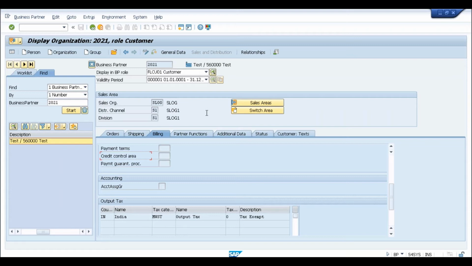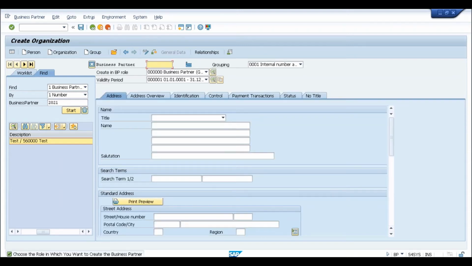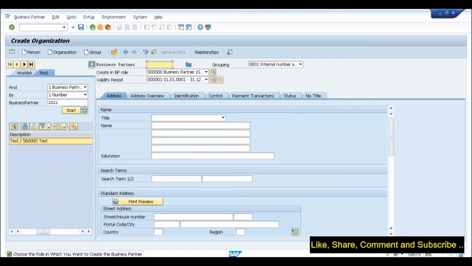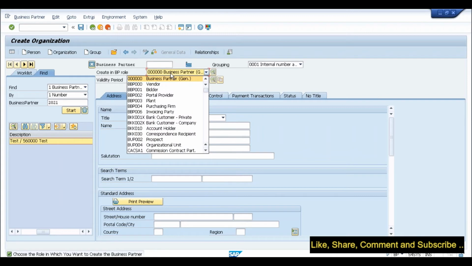But say for one grouping, I have multiple business partner roles, say vendor, customer. How is that role linked to the customer account group only? When I'm selecting vendor, this vendor role may be assigned to one account group which belongs to vendor. If I select business partner or customer, it will be assigned to some other account group. So where is that linkage?